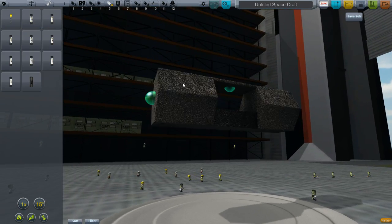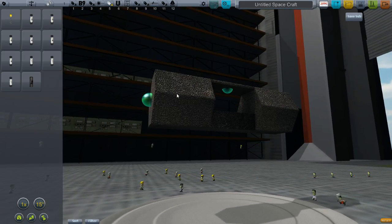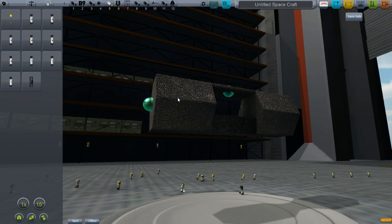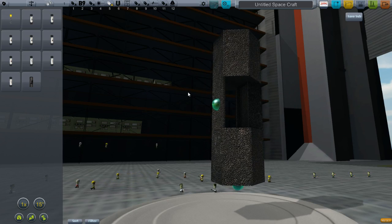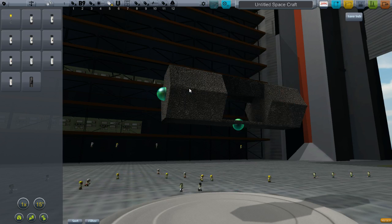The drawback is if you put it this way, it makes it really hard to land and take care of, or to attach the rockets to the end. And if we put it this way, we have to worry about tipping it over and it surviving the landing that way. We may build some kind of cage around this